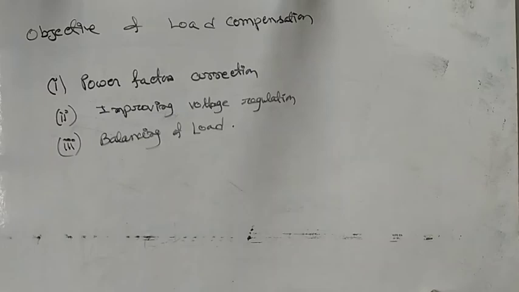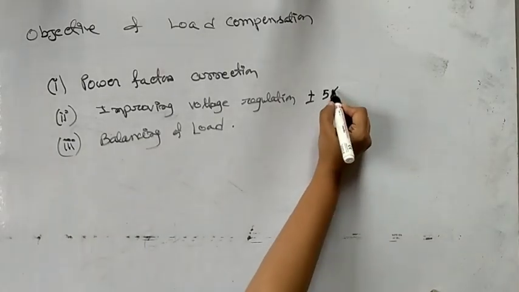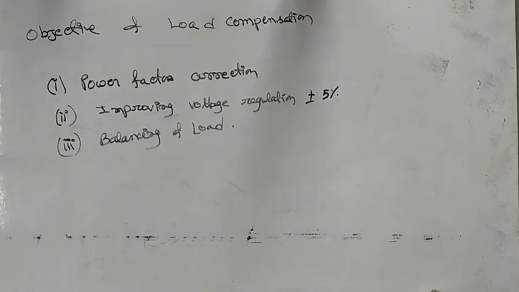Now all these factors encourage use of power factor correcting equipment, and these pieces of equipment are basically reactive power compensation devices and are usually installed at the load bus. Next is improving voltage regulation. Now typically plus minus 5% voltage regulation is allowed in the power utilities. Due to heavy loading condition, the system voltage remains depressed frequently and that affects power system performance.